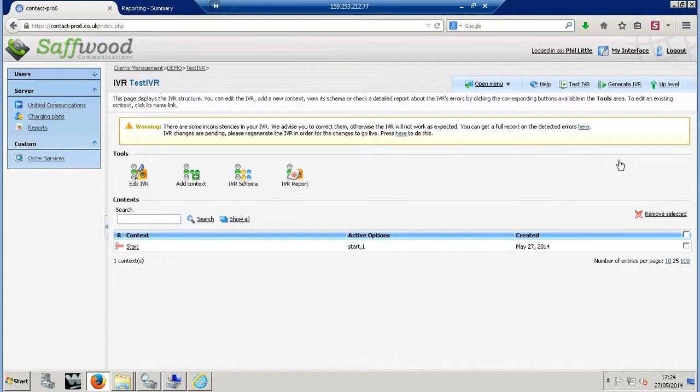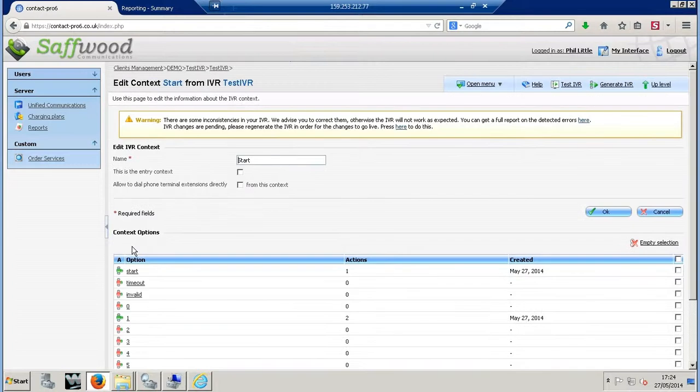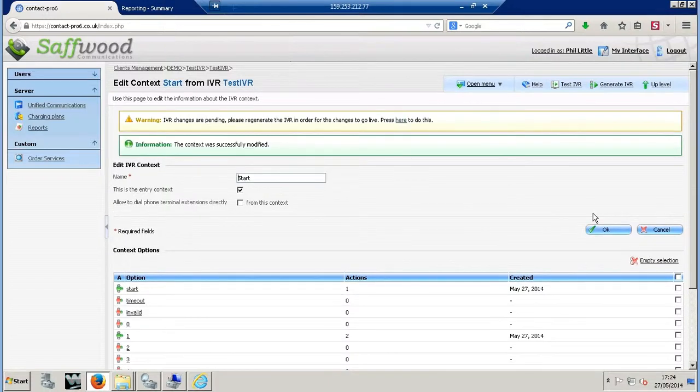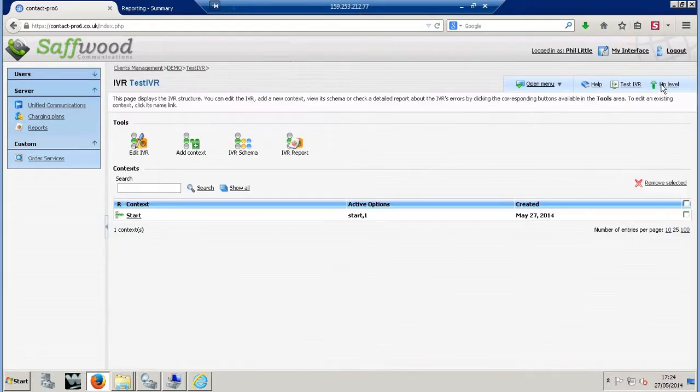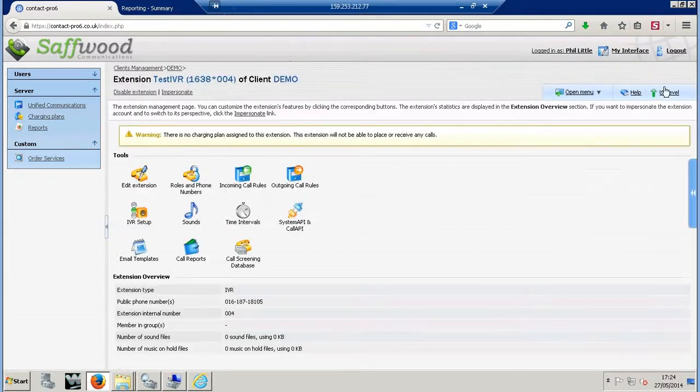The last thing we'll do is hit generate IVR. We'll just go back and set this up, and just say this is the entry context, just so we know that that's the context that they start with. Generate IVR, done, and that's now live. So, the way this system's now going to work